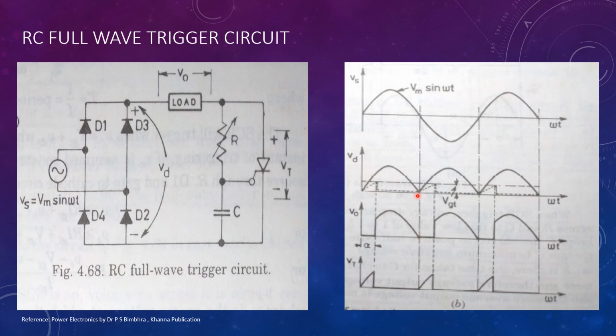At omega t equal to 180 degree, again the capacitor voltage is 0. Since the capacitor voltage is 0, the thyristor is off and the source voltage appears across the thyristor up to omega t equal to 180 plus alpha. Once the thyristor turns on, the capacitor retains a very small voltage across it. This is due to the clamping action of the SCR gate.